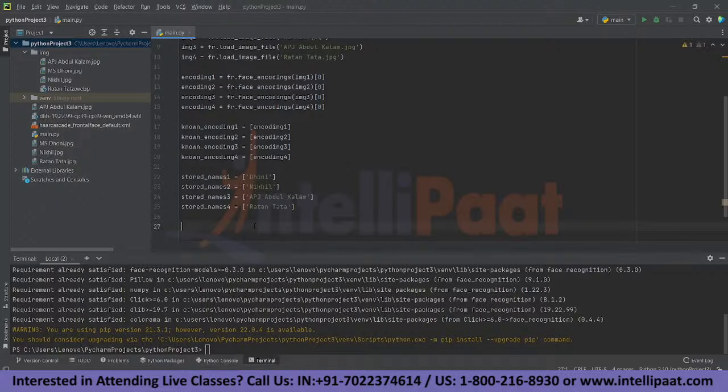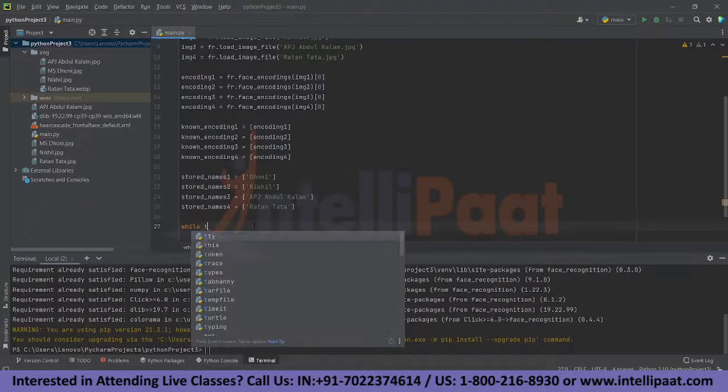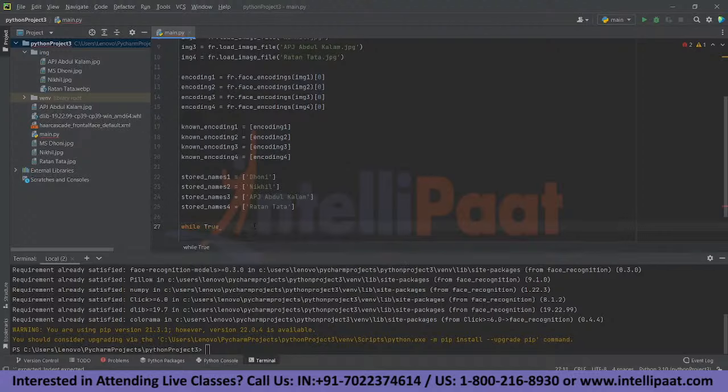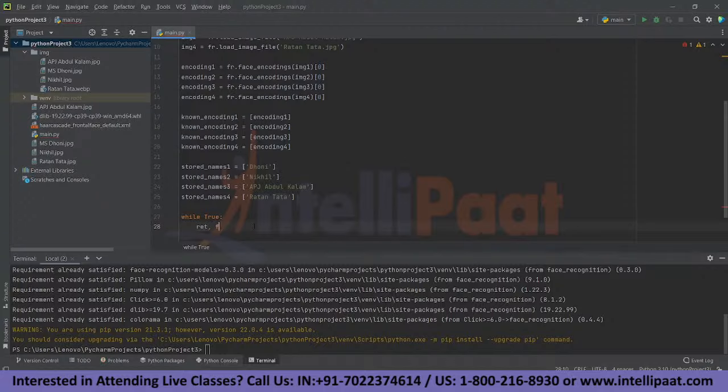So as far as we have come, we have encoded the images, we have stored those encoded values, and we have provided the names that will appear after the system recognizes the image. Now what is left is to process the webcam for the further recognition process. For doing that, we have to pass a loop. So while True, as in whenever my webcam opens, now we will provide the functions that it will be doing. So we need to provide it a frame